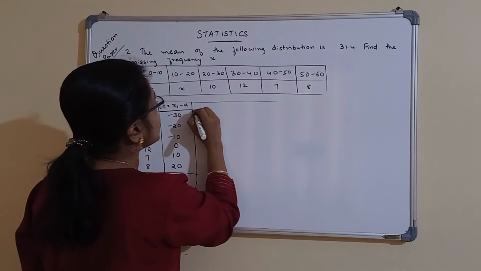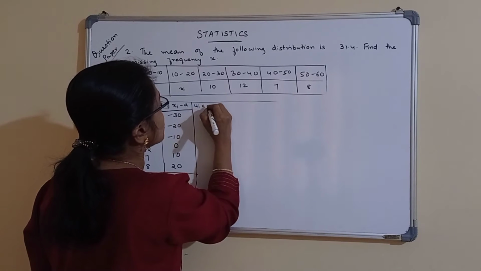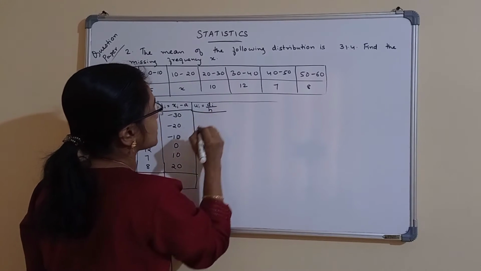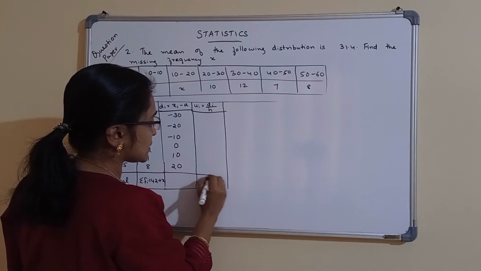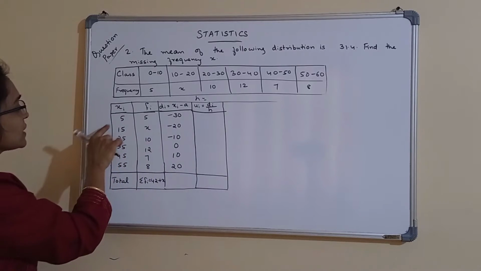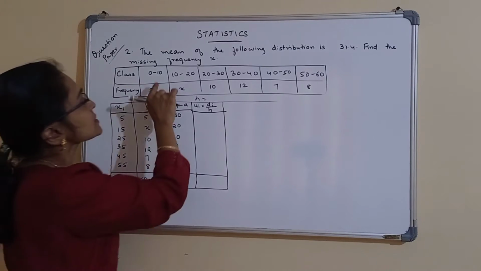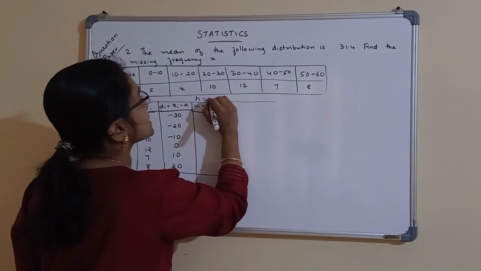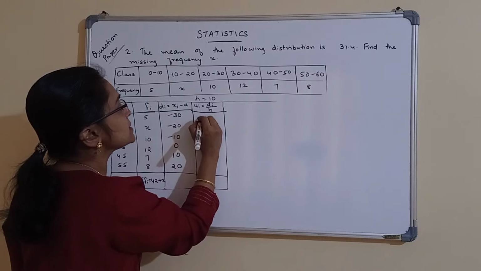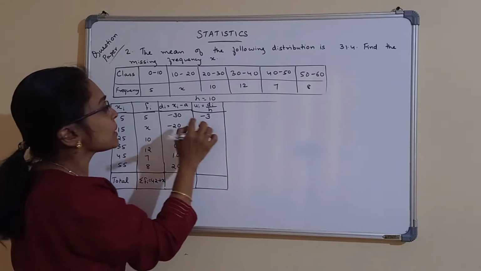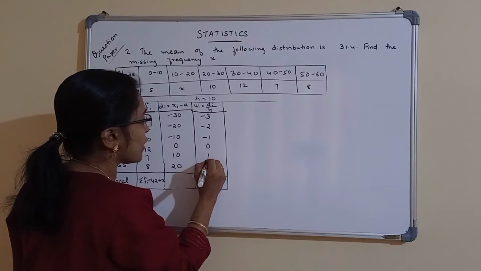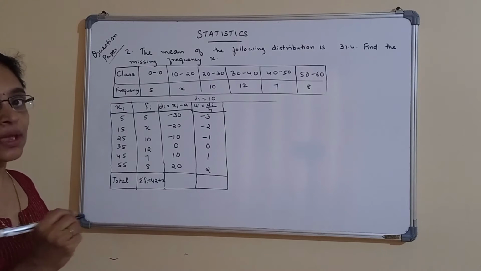Okay. And ui is equal to di by h, right? What is h? H is equal to the class interval, that is 10. So h is equal to 10 and di by h, that is minus 30 by 10 is minus 3, minus 20 by 10 is minus 2, minus 10 by 10 is minus 1, 0, 1, 2. Okay, then